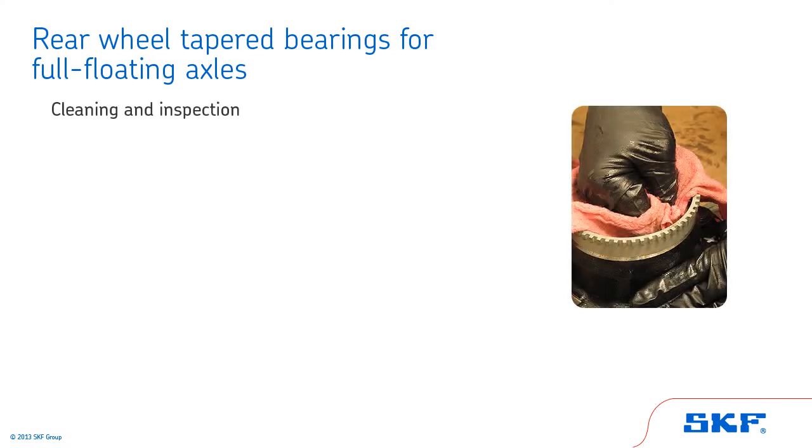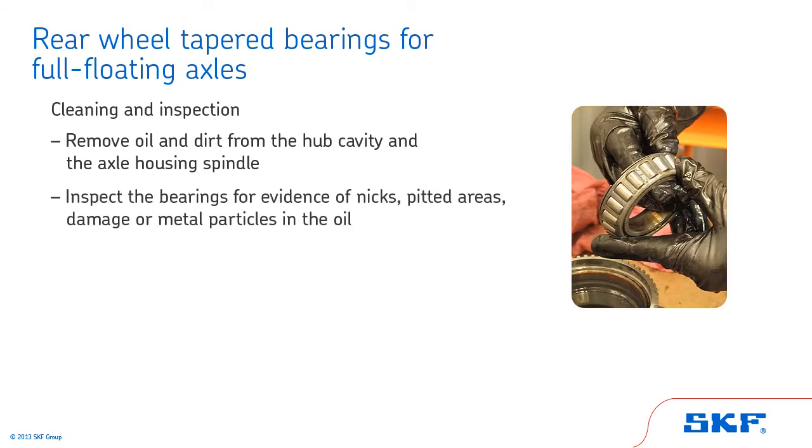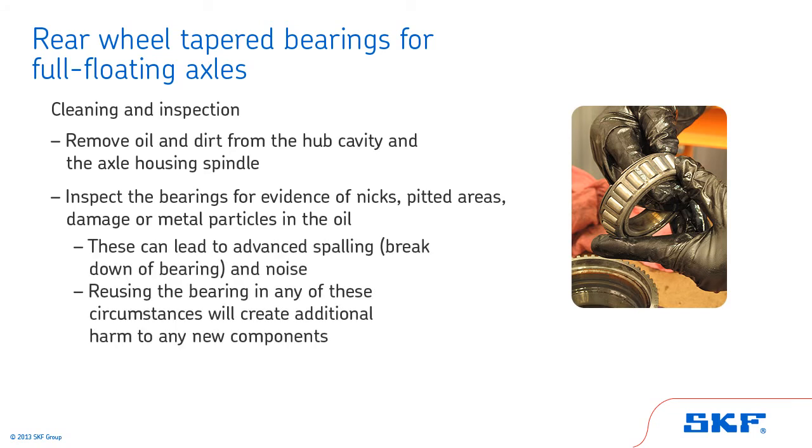Now let's review cleaning and inspection procedures for rear wheel tapered bearings for full floating axles. Begin by removing oil and dirt from the hub cavity and the axle housing spindle. Inspect the bearings for evidence of nicks, pitted areas, damage, or metal particles in the oil. If any of these are found, discard the entire bearing and replace it with a new one. Pits, nicks, and particulate contamination can lead to advanced spalling, breakdown of the bearing, and noise. Reusing the bearing in any of these circumstances will create additional harm to any new components, as well as early